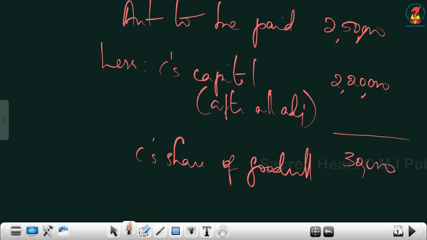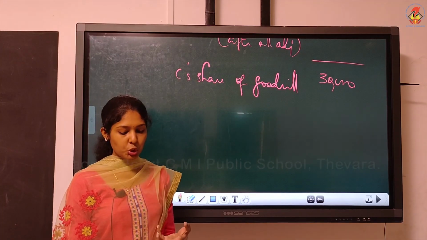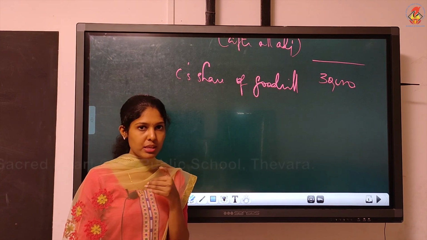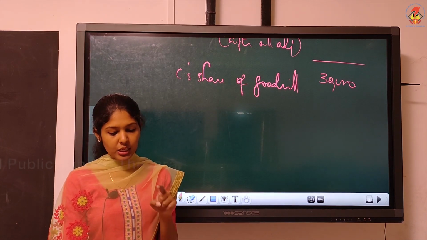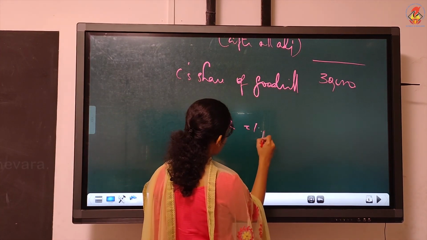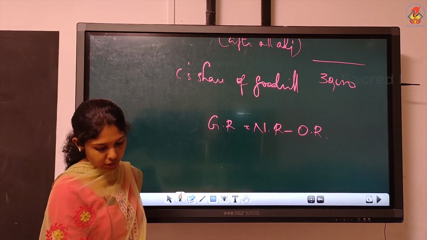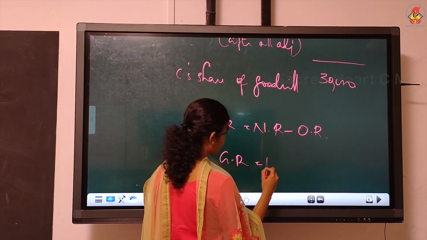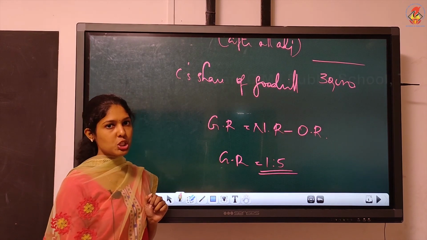Now we can write the journal entry. Gaining partner debit to retiring partner. So we need to find who are the gaining partners. For that you have to compute the gaining ratio. Can we just strike off and take it as the same as your old ratio? No, because here we have one more additional piece of information, that is the new ratio between partners. So now we'll apply the formula. Gaining ratio is equal to new ratio minus old ratio. You have to do the calculation because all these working notes will be given marks. So you do the calculation, and the gaining ratio will be 1:5.